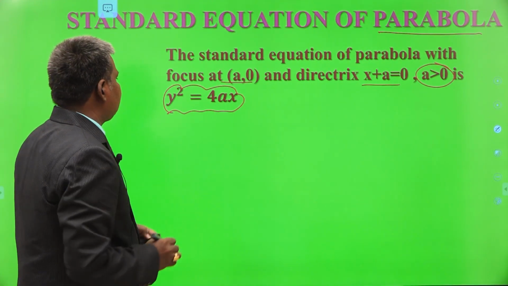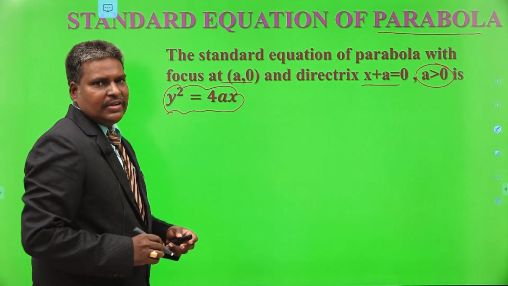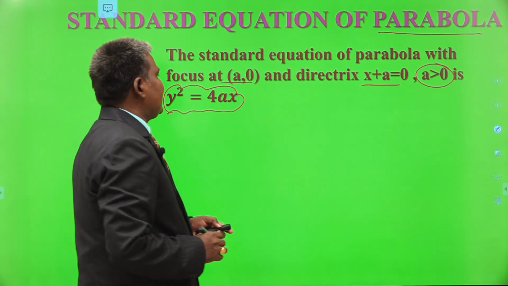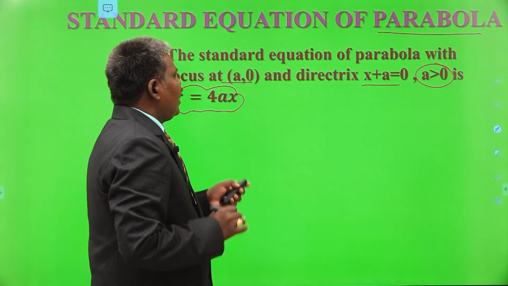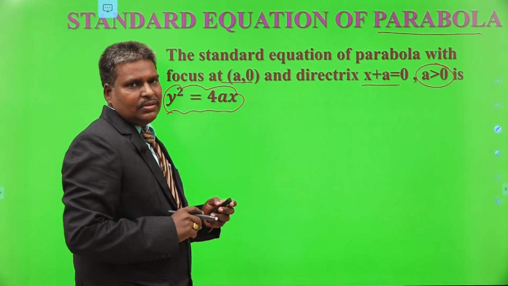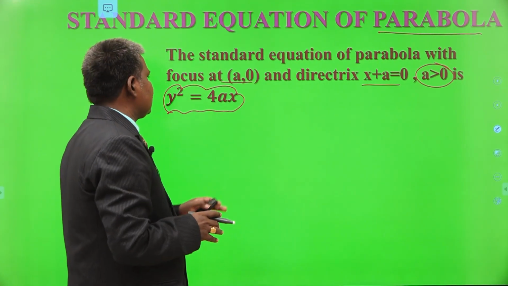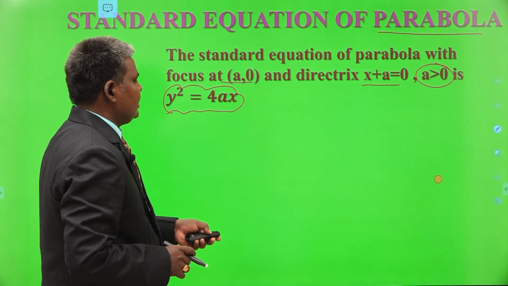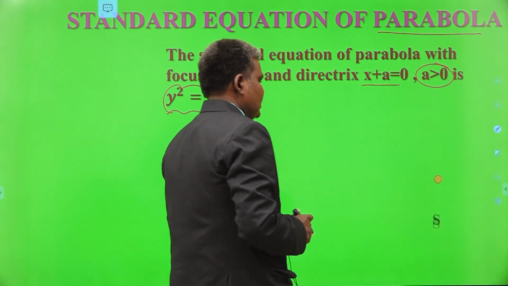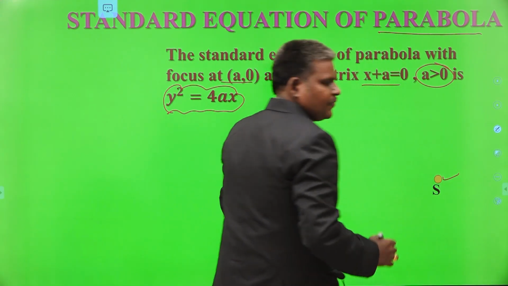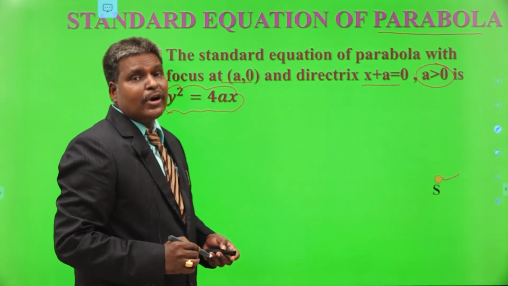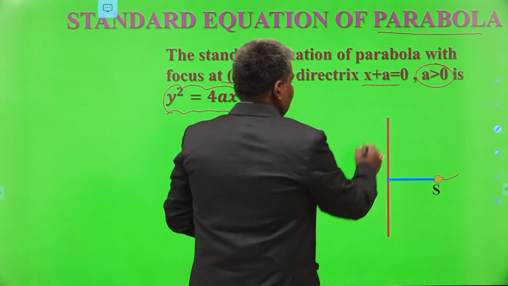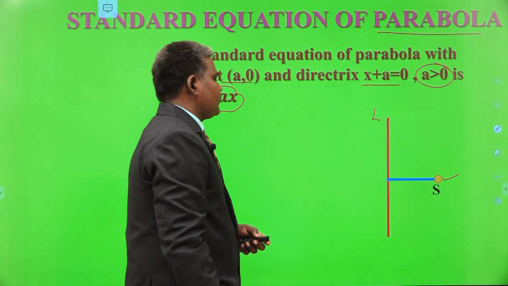We go through the subject just like that. This is a very, very important concept. y square is equal to 4ax is the standard equation of the parabola. How to derive it? We need some focus and directrix. How to obtain the focus and directrix like this? Let us see. This is your fixed point S as shown in this figure. What is the fixed point? This is called the focus. Consider the fixed line L as shown in this figure. This is the fixed line.